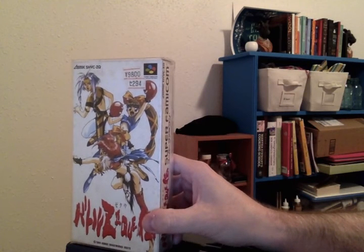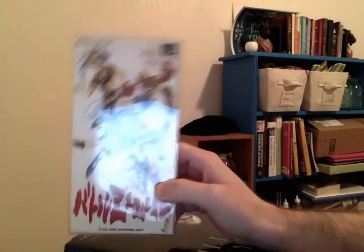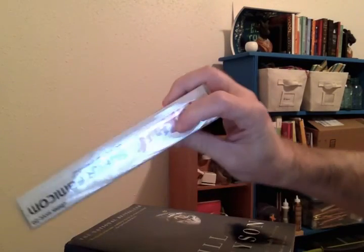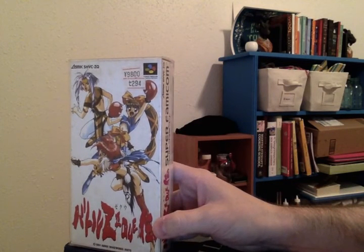Zekui. But this is one I was really disappointed in because the condition is terrible. This is supposed to be bright white, but if you can see, it's got brown everywhere. Now, I did buy another copy of this. I got it $10 cheaper, and it's in better shape, but it's not as good a shape as the picture